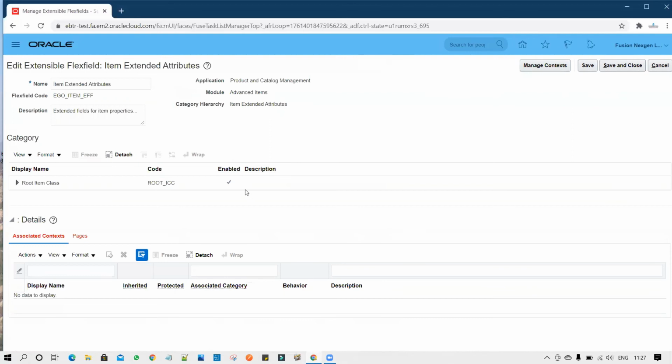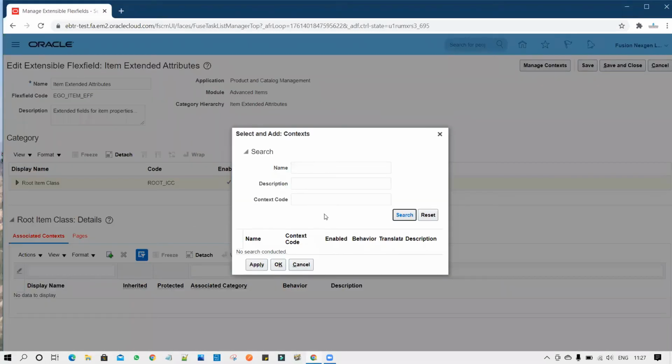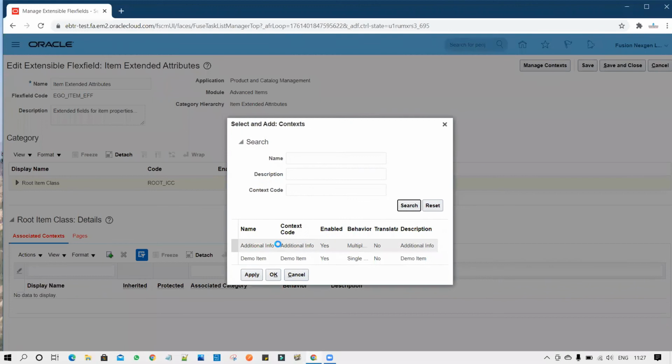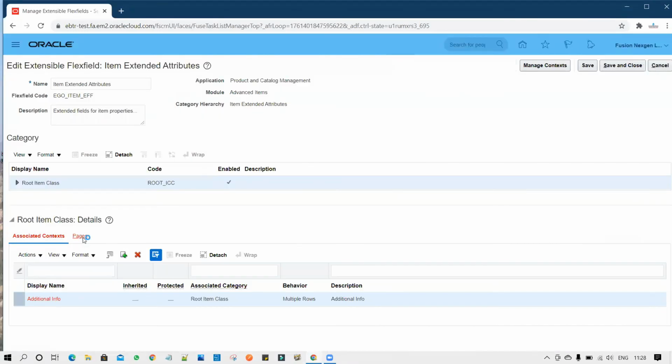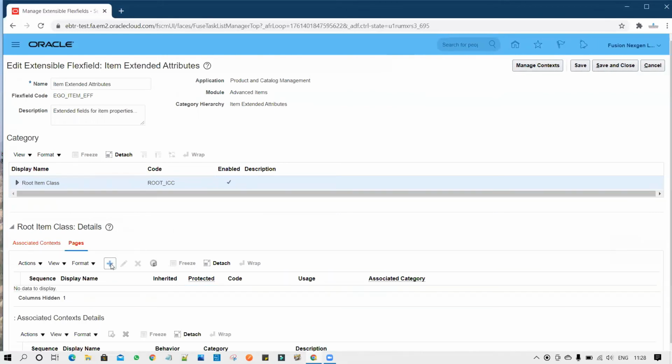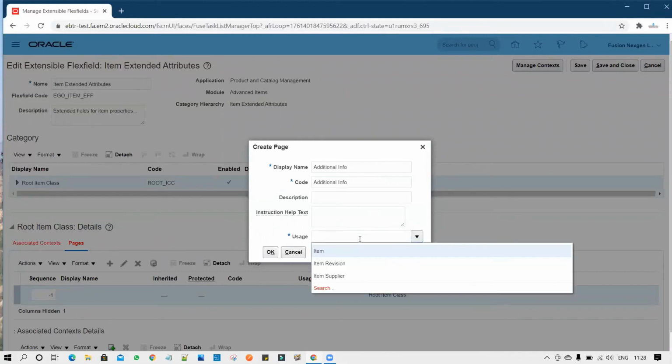Once you're done, you have to select the root item class. Now under the root item class, you have to associate the context. So now search for your context which you have created, additional info. Now you can go to the page and add it into the page. The uses will be item.